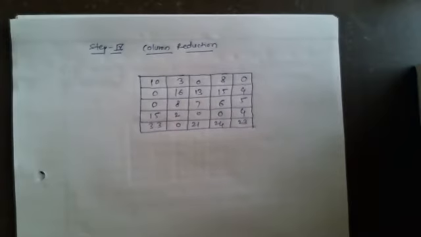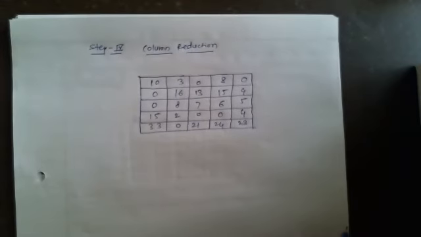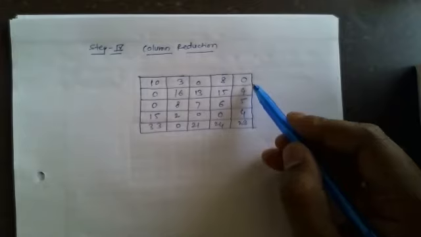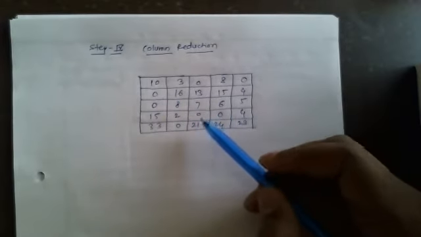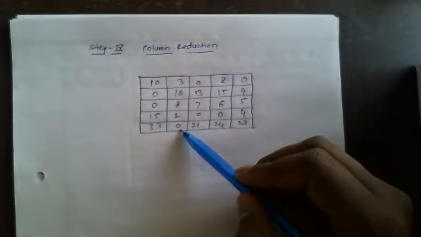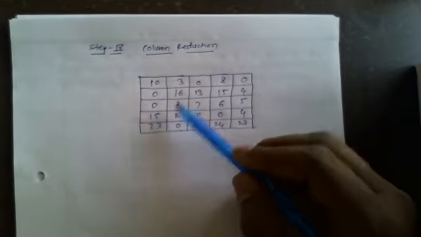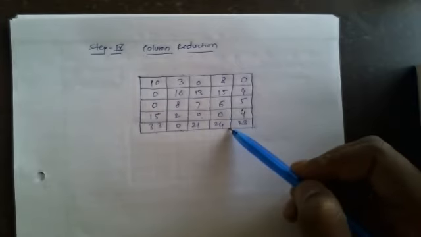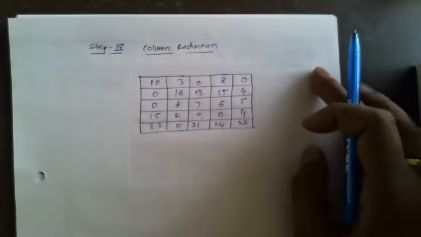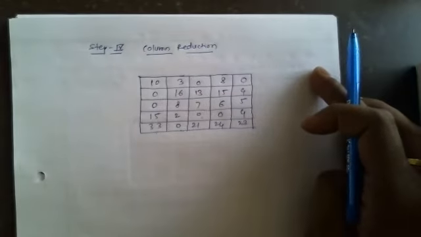Okay, now check in each row and each column whether at least a single 0 is present. So in each row and each column there is at least one 0. In the first row there is 0, the second row also has 0, the third row has 0, the fourth row again 0, and the fifth row again 0. Now check column wise. The first column has 0, the second column has 0, the third column has 0, the fourth column again has 0, and the fifth column again has 0. Now what we have to do? We have to start the allocations.